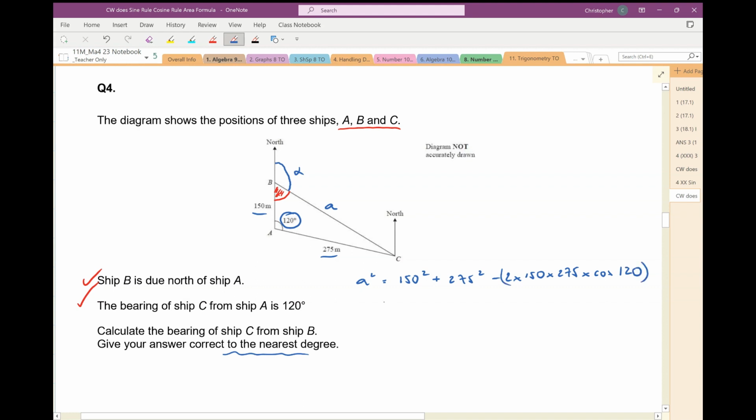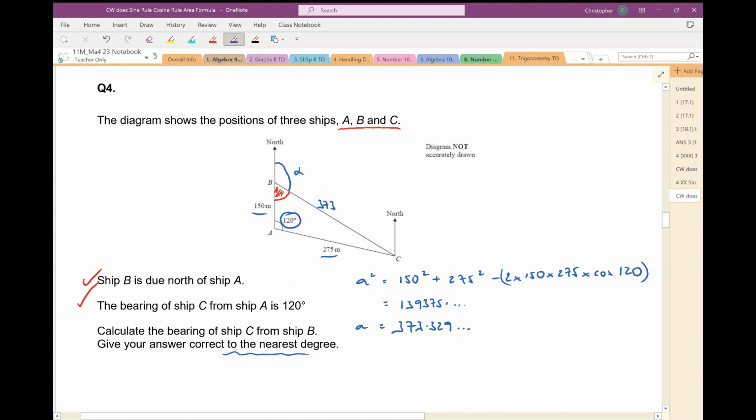So I can evaluate that on my calculator, and that tells me that a squared is 139,375 point so on and so forth. And so if I square root that, that tells me that a is 373.329 and so on. So now I know what a is there. So I can label that